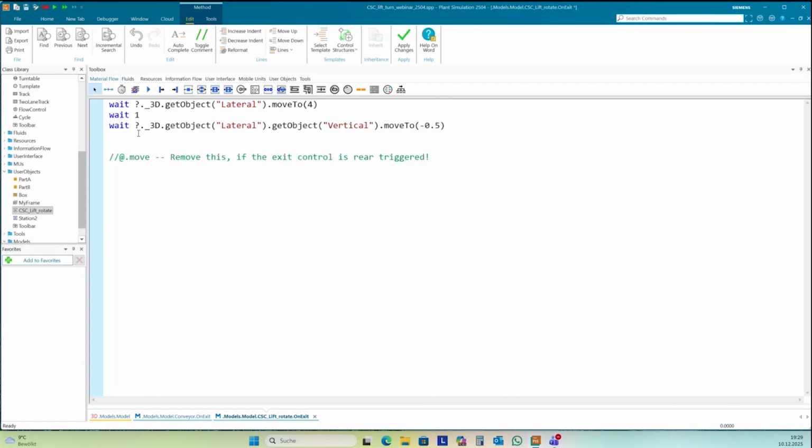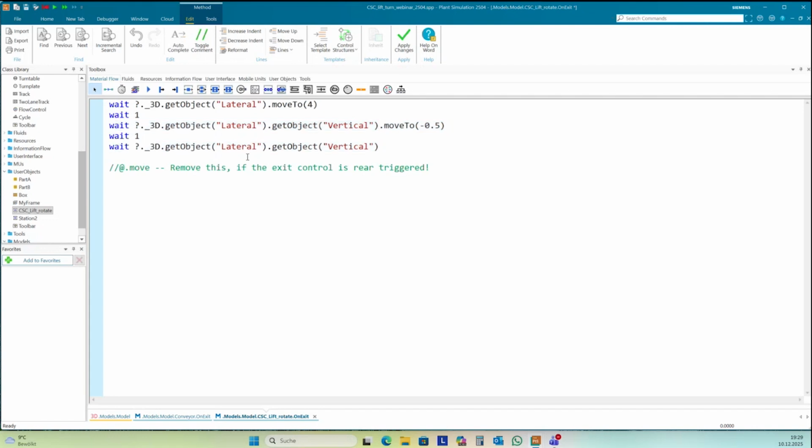And the same with rotation. I wait 1 second. And then I start the rotation, and it's the same approach here. I need to address rotation, and rotation is get object lateral, get object vertical, and then get object rotation.